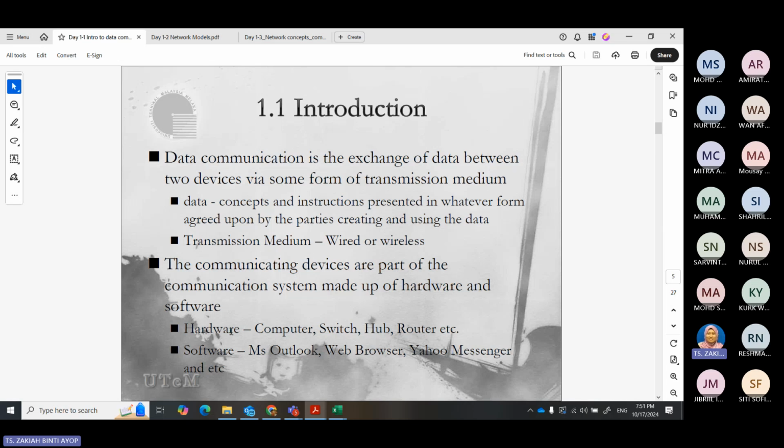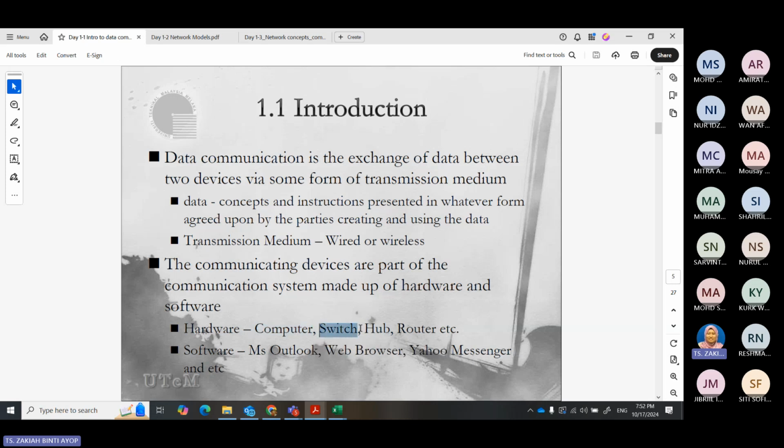One is the edges, as I call them, because that's the end of the network. An edge can be a computer or a server. We will require computers, mobile phones, or laptops for you to use for communication.